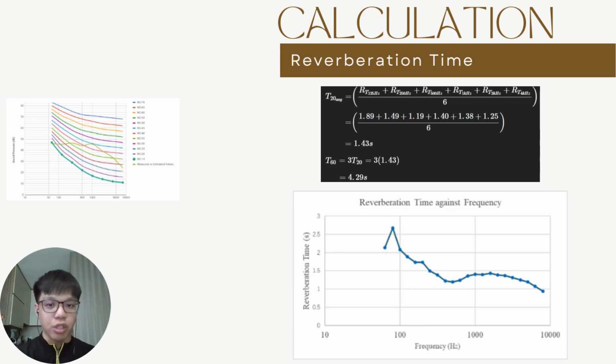Next is the reverberation time. I have calculated all the average reverberation times based on their frequency in the table. And same as the background noise, I picked some certain frequencies to calculate the total average reverberation time. My answer is 1.43 seconds. And the time for 60 decibels to decay is 4.29 seconds, which is much higher than the